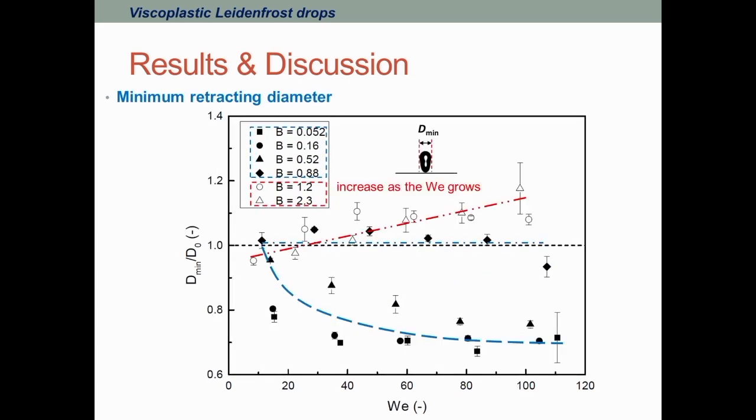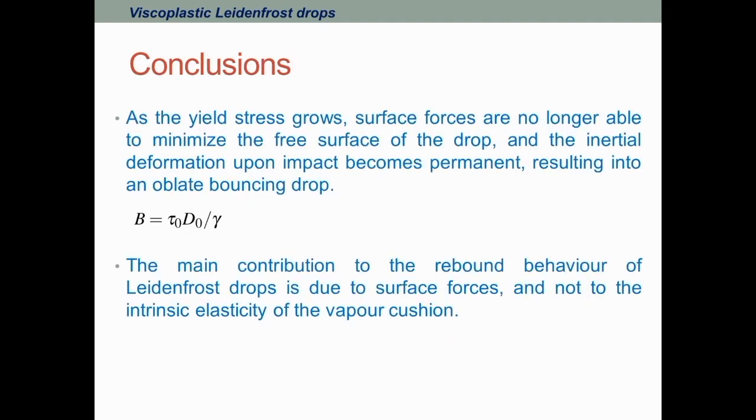And if you look at the minimum retracting diameter, which is the minimum diameter that is reached at the end of retraction, for the high Bingham capillary number case, it actually increases as the Weber number grows, but for the lower yield stress cases, it decreases as the Weber number increases. This means that as the yield stress grows, the surface forces are no longer able to minimize the free surface of the drop, and the inertial deformation upon impact becomes permanent,